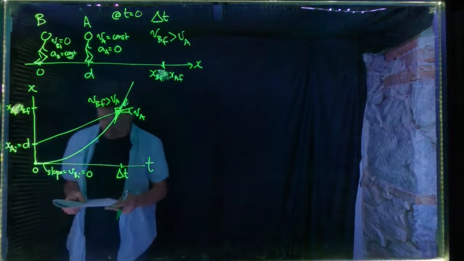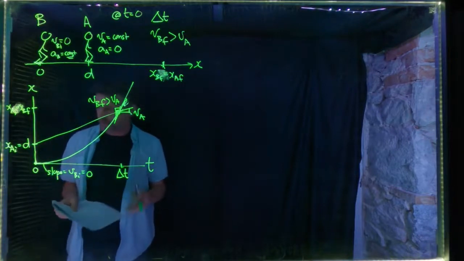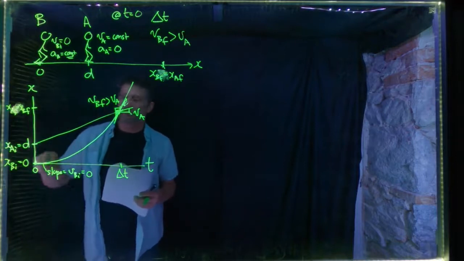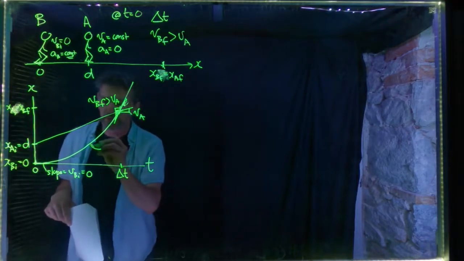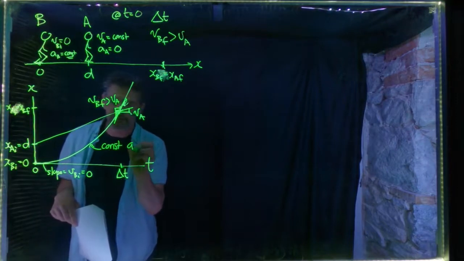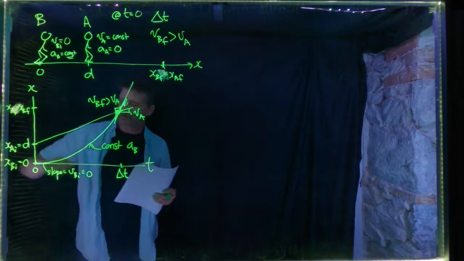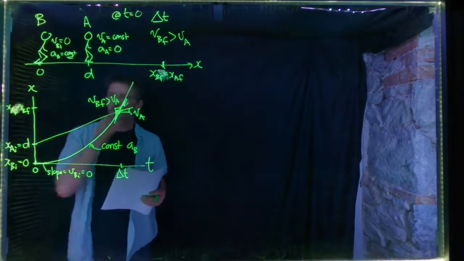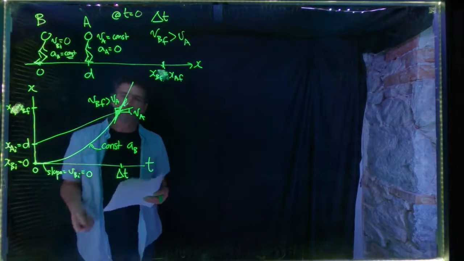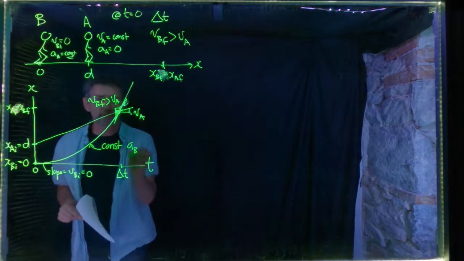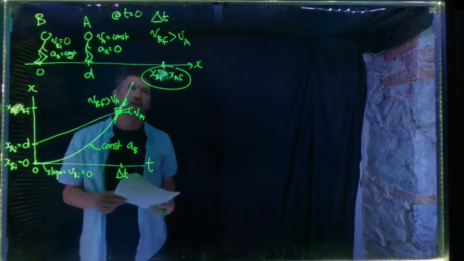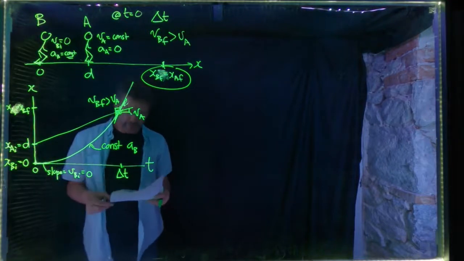Okay, so we have that. And I think that's it. Oh, we should also put in here x Bob initial is equal to 0. Okay, so we have x Bob initial, x Bob final, and we have constant acceleration. This is constant acceleration Bob is undergoing. Okay, and we have the initial velocity is 0, and the final velocity is some unknown v Bob final. Okay, so that takes care of both Alice and Bob, position versus time graphs. The crucial thing is they meet at this point. This is the crucial condition that connects these two curves,